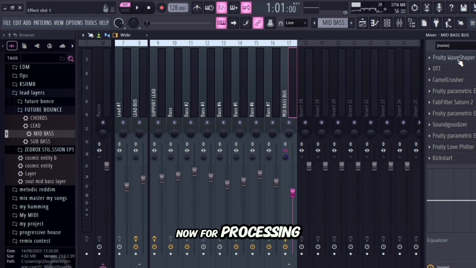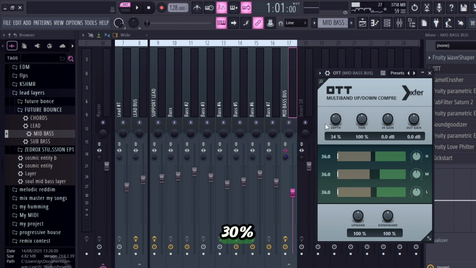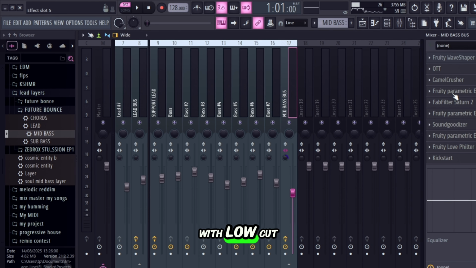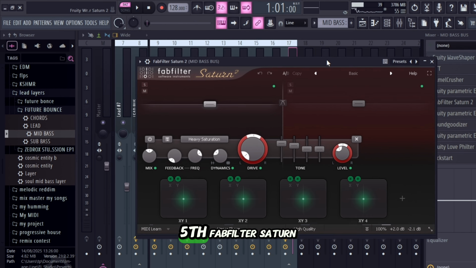Now for processing, first we use wave shaper for distortion, second OTT with depth knob at 30%, third camel crusher same as the leads, fourth parametric EQ with low cut around 120 Hz to 150 Hz, fifth FabFilter Saturn